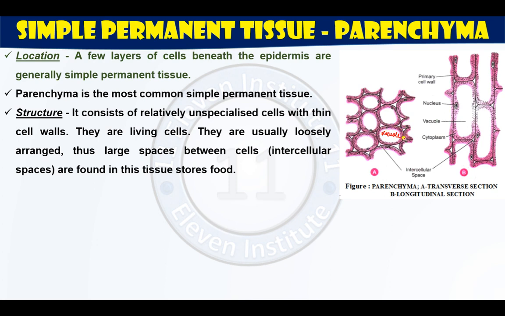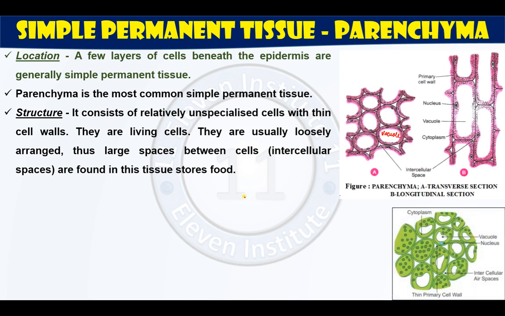And this dark portion that you are seeing over here is actually cytoplasm, right? This dark boundary that you are seeing over here is not the cell wall, but that is cytoplasm. This black thin line is your cell wall. You can see due to this large vacuole, the nucleus is shifted to the border towards the cell wall. So there is a large vacuole over here. We can see it in the diagram, but it is not mentioned in the textbook. Hence, we are not going into that much detail for the vacuoles. Right, one more image. You can see over here, there are intercellular spaces. The cell walls are thin, right, and they contain vacuoles. I hope this is clear to you with the help of the image.